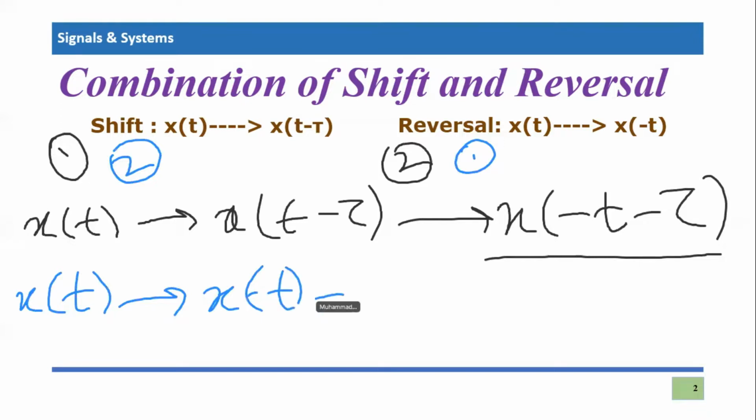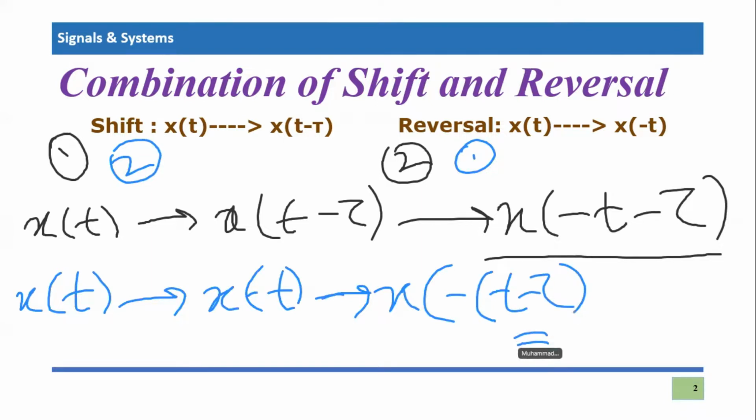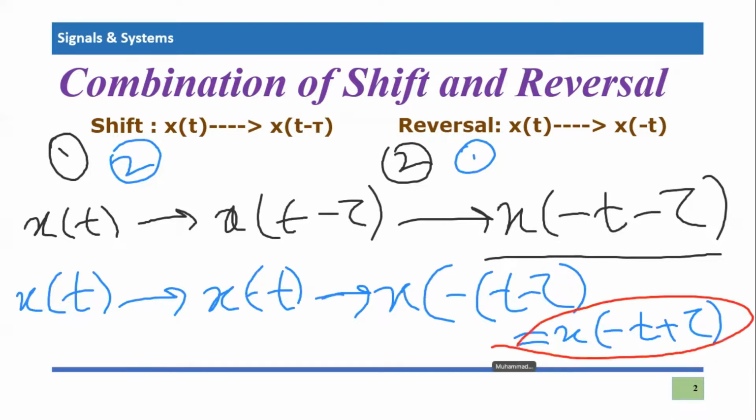And then we will apply the time reversal, then the signal would become what? X of minus t, where t is replaced by t minus tau. So eventually, if you simplify it, it will become x of minus t plus tau. And if you carefully notice, this is the final result of the next sequence, and this is the final result